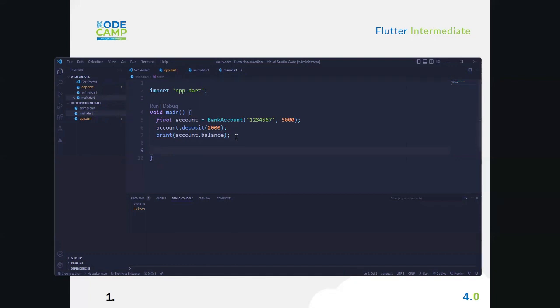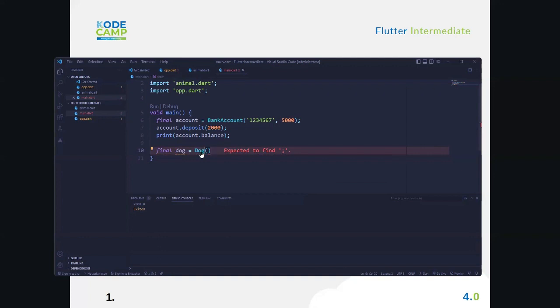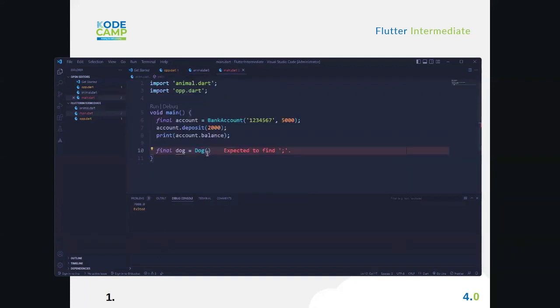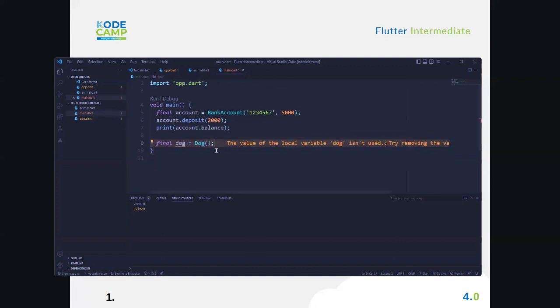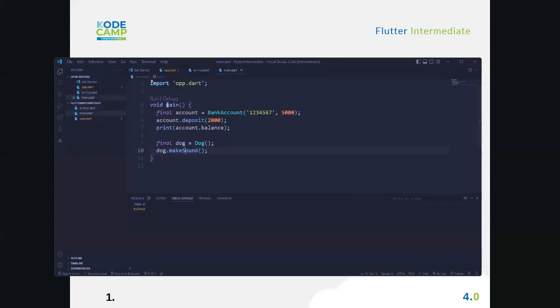Of course we can. So we'll use our main.dart to test everything we want to test. So I could say final dog, small letter, and then I'm creating an instance of dog. Remember, we have dog as a class here, right? So I'm creating an instance of it. Now I can say dog.makeSound, right? And this makeSound is from this override function. Okay, so when I run this,